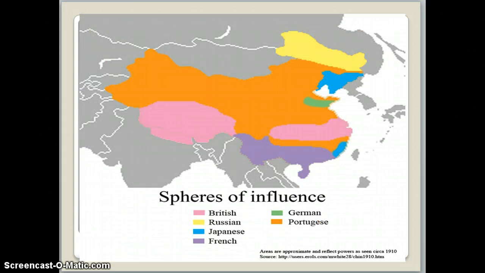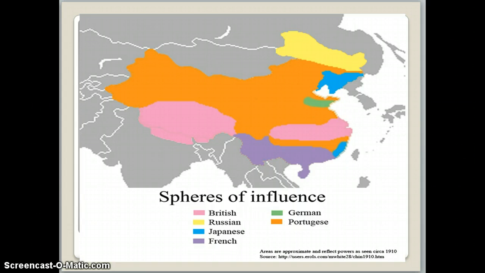I want to briefly talk about China because before we do, we need to consider something. We need to examine an idea called spheres of influence. China at this point still was a very large country, just like it is today, but China had ceased being a powerful country and was now being controlled by a bunch of Western European countries.